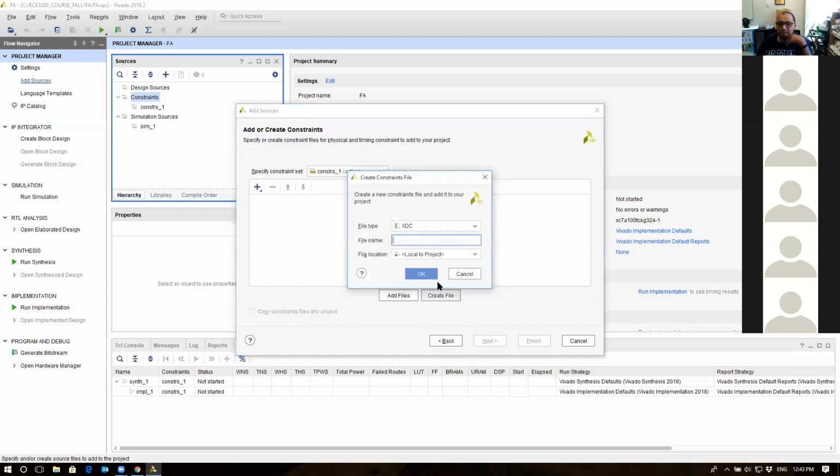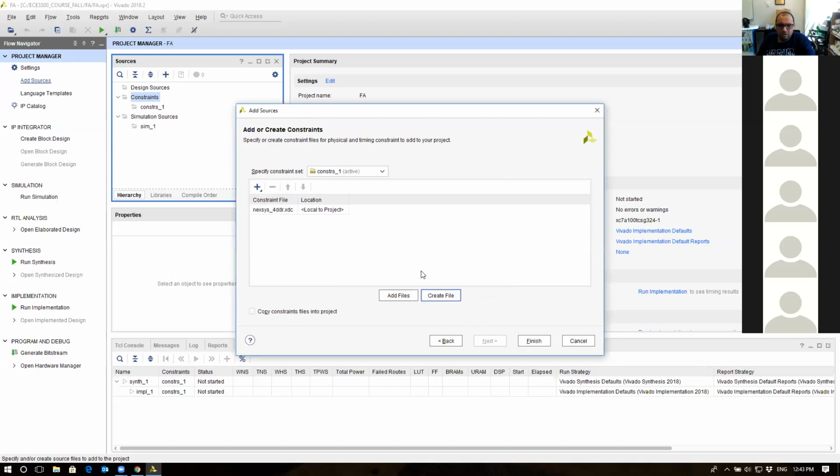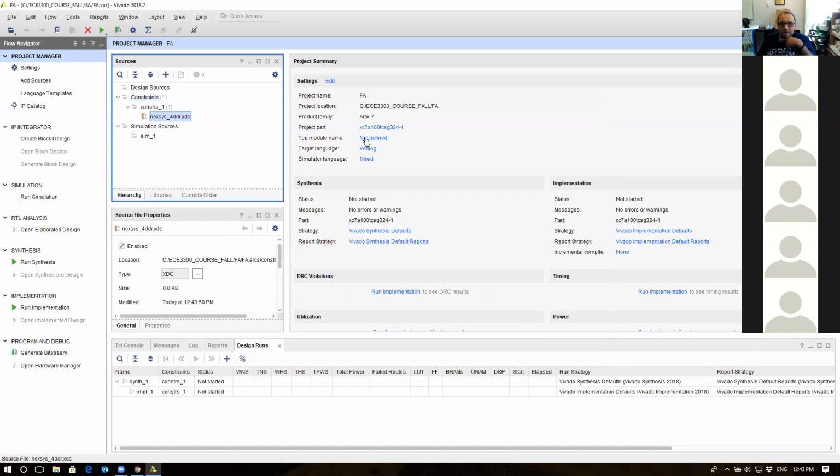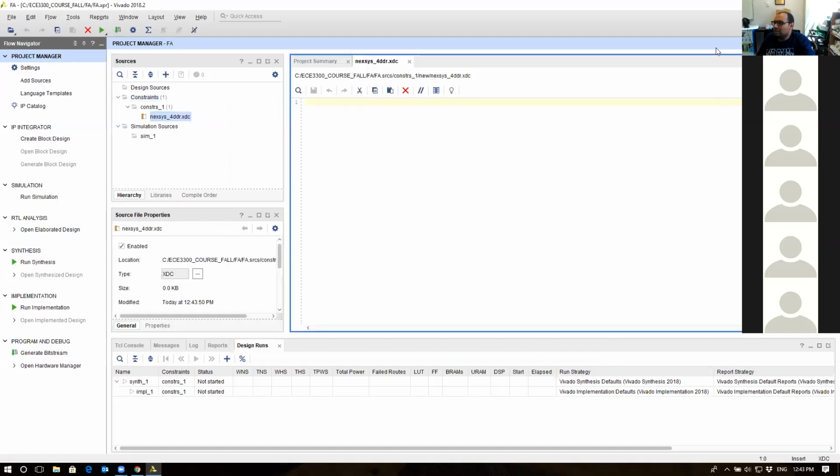And my constraint here, I would call it Nexus for DDR. It will be created in a second there, which is completely empty. So I'm gonna go back to the internet and just search Nexus for DDR. You cannot see it, so